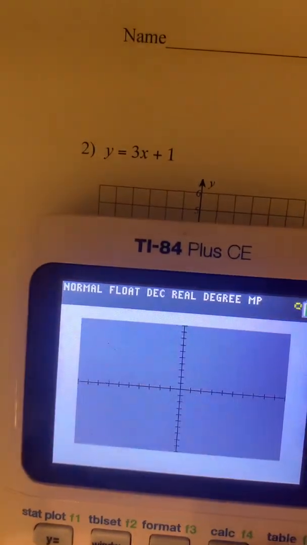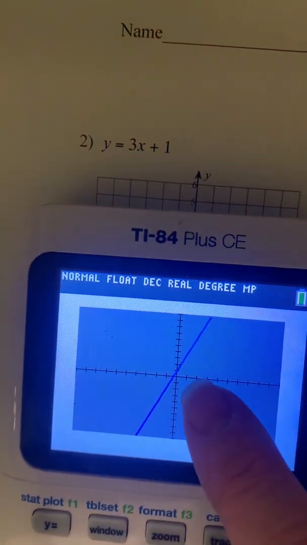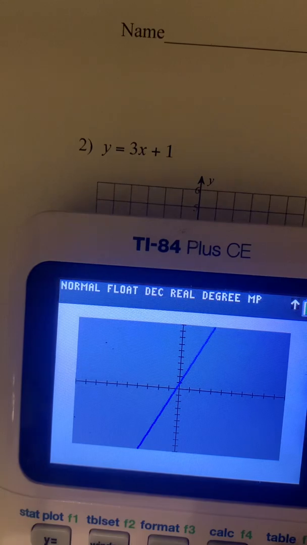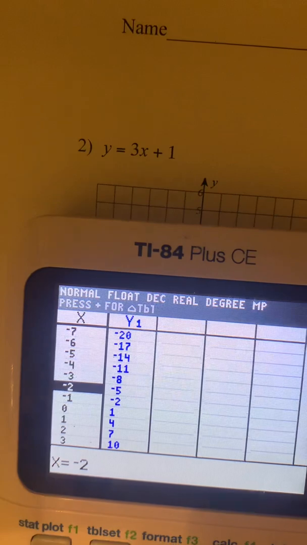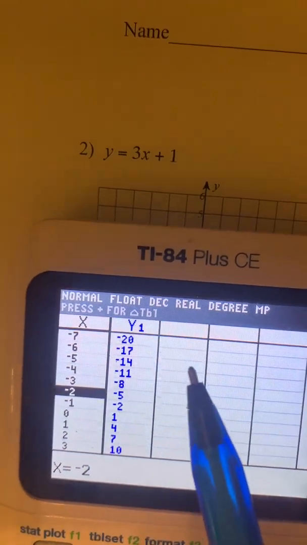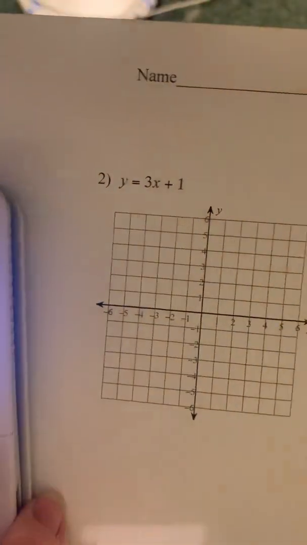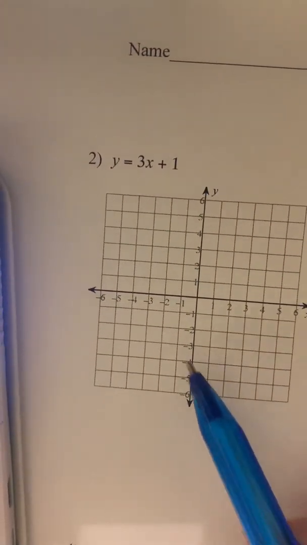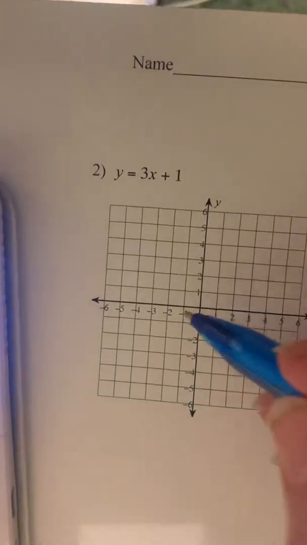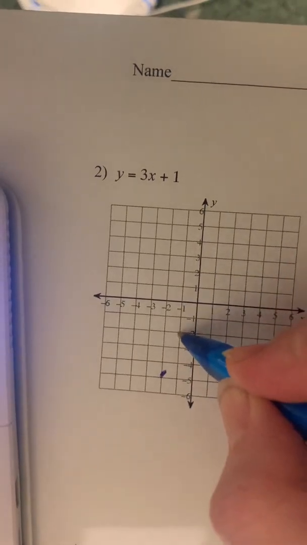You can look at your graph. So I can go to my graph to see it. Okay. It's always good to have a visual picture in your head of what it's going to look like, but then go again, second table. And you can always scroll up and you can scroll down, because like obviously -720 is way off your paper. Even -4, -11 is off your paper. For this particular graph that I have right here, this one goes down to -6. So even -3, -8 is off my paper. -2, -5 fits. -1, -2,